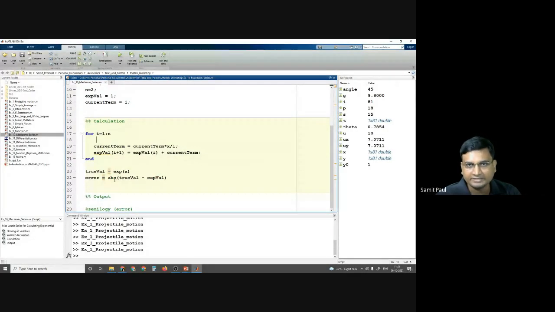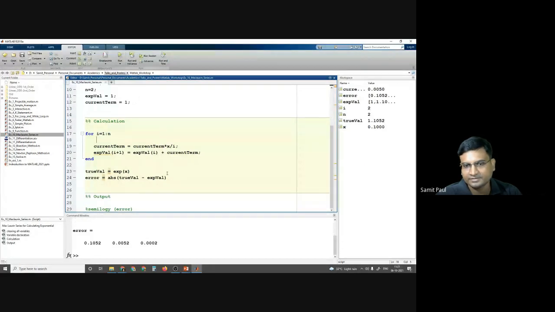Now if we run it, see what happens. As we are increasing the terms, the error, the initial error was 0.01.